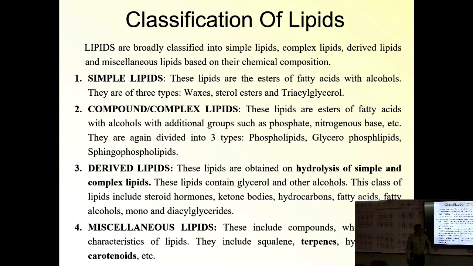So these lipids contain glycerol and alcohols, and this class of lipids includes steroid hormones, ketone bodies, hydrocarbons, fatty acids, fatty acid alcohol, monoacylglycerol, diacylglycerol. These are the classes, and miscellaneous lipids are there, like polyketide, that I will teach you later on. These include compounds which contain a characteristic of lipids. Now squalene, terpenoids and most of the pigments are made up of these complex, derived or miscellaneous lipids,